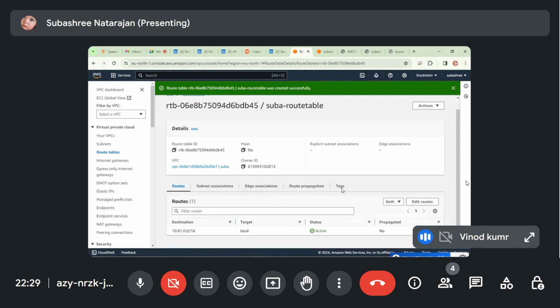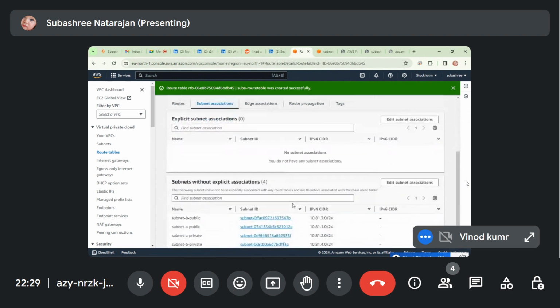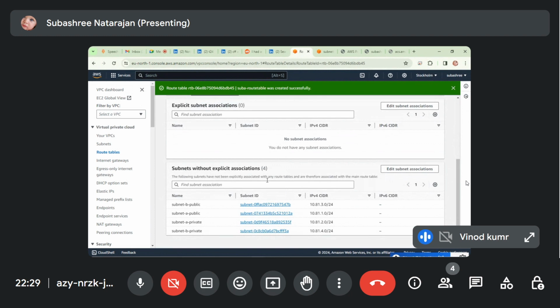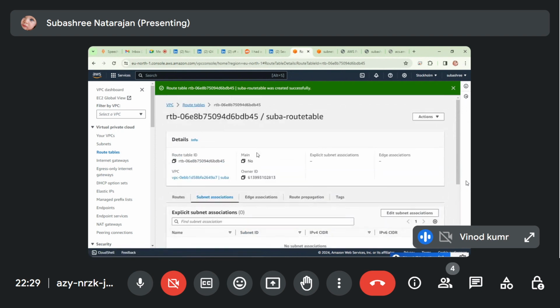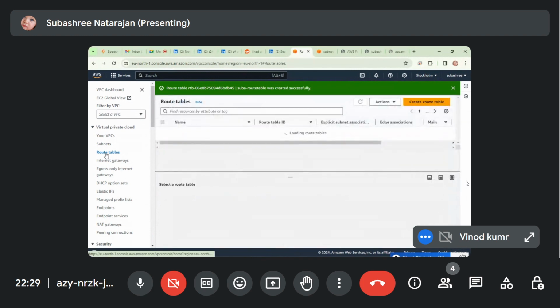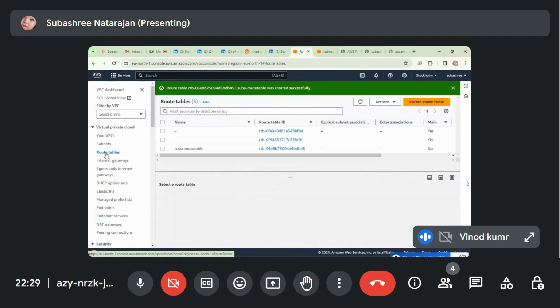You can click on subnet associations. There only, down. Yes, yes, there. So you can see down four subnets are under this route table. Okay. Then now click on gateway. Sorry, go up. No, no. Click on route tables. Actions, route tables. Then click on Shubha route table